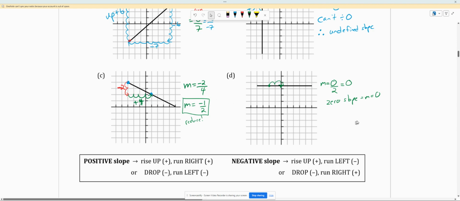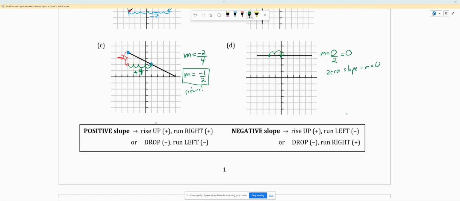All right, and down here, we can get a bit of an idea: positive slopes rise up and run to the right, or they can go the opposite. You can drop, okay, negative, and run left to get the double negative. So we get a positive slope with 2 negatives or with 2 positives. And negative slope can have 2 different combinations. We can rise up, then run to the left, okay? Or it could drop down, then run to the right. So you pick your strategy that you like best, but I generally like just working my way left to right